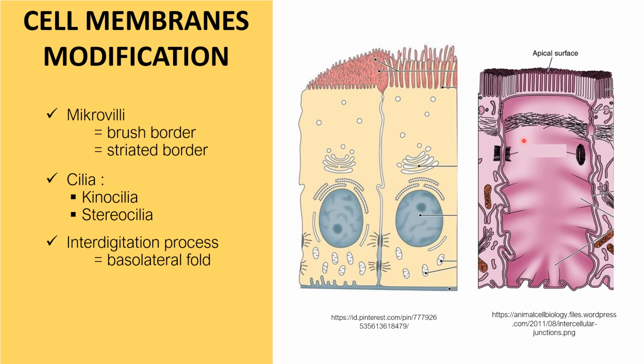This is the basolateral fold in the lateral of the cell and in the basal of the cell. The basolateral fold, also known as the interdigitation process, is a fold on the underside of the cell that holds each other between one cell and surrounding cells, which serves to expand the lateral surface of the cell, strengthen the cell attachment, and serve as a place for exchanging information from one cell to other cells.